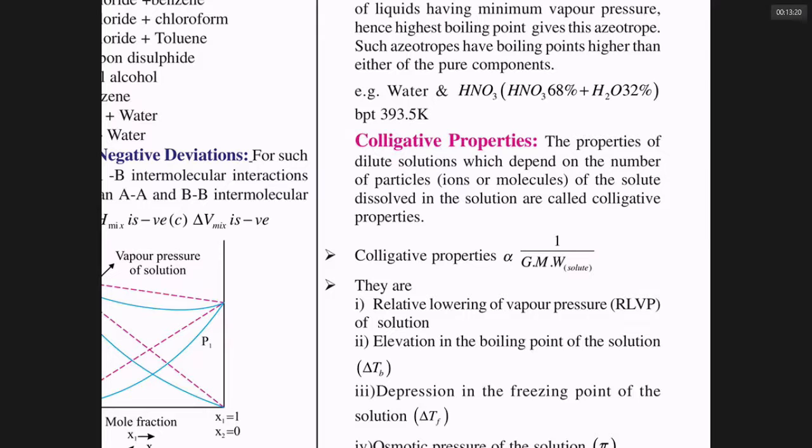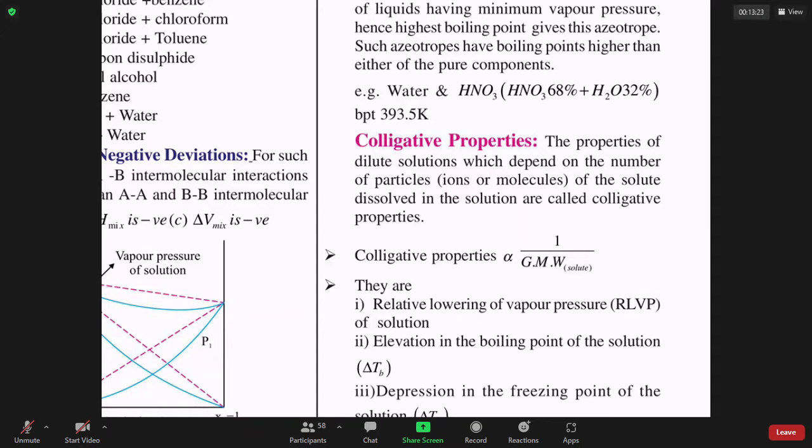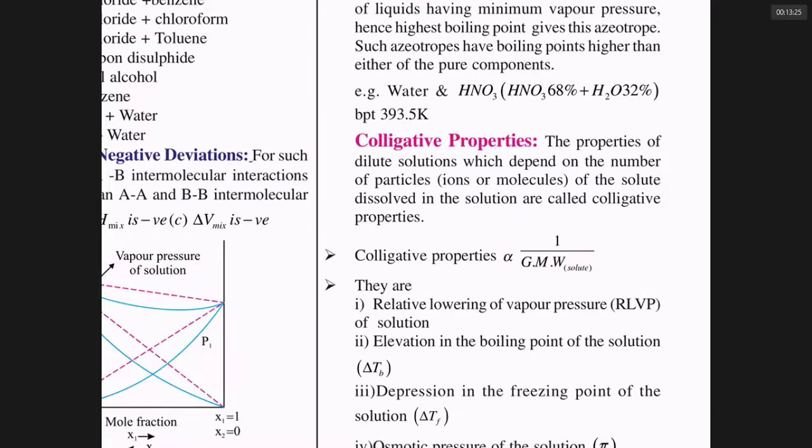Glucose. 1 gram of glucose I have taken, 1 gram of urea I have taken, 1 gram of water I have taken, which has more molecules, sir? Number of molecules is given by weight by molecular weight into Avogadro number. So weight I have taken 1 gram throughout. For water, number of molecules is equal to 1 by 18 into Avogadro number. For glucose, it is 1 by 180 into Avogadro number. For urea, it is 1 by 60 into Avogadro number. Should I work it out or what?